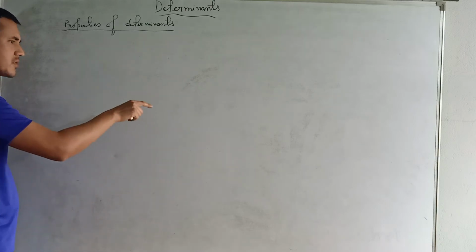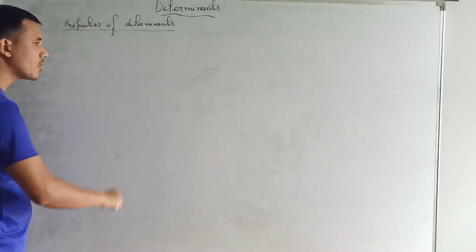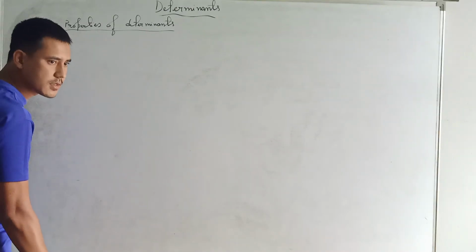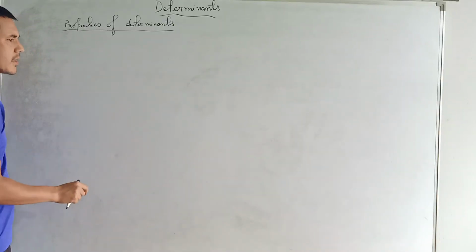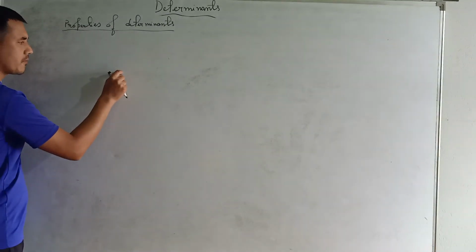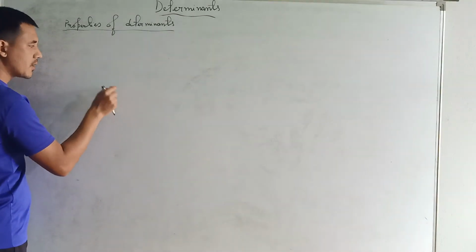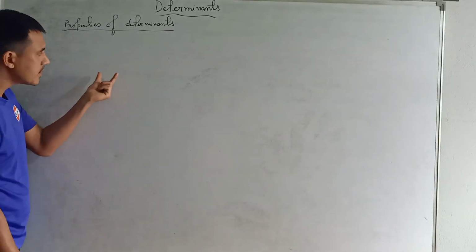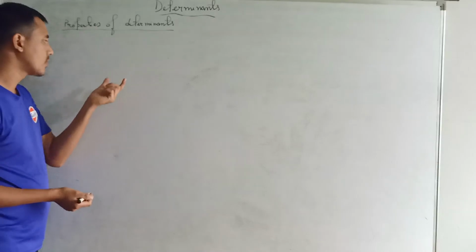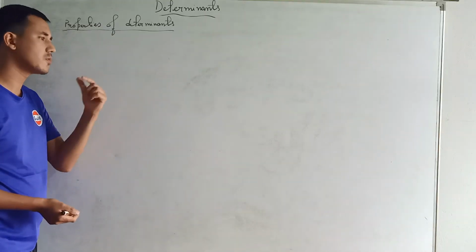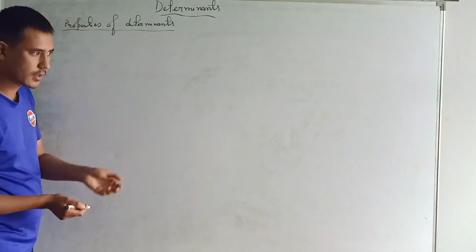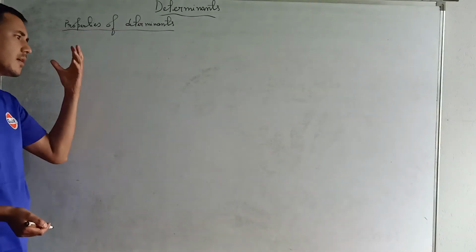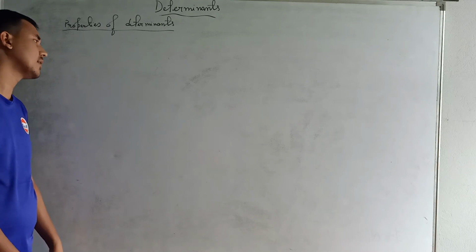If any two rows and/or any two columns are identical, then the value of the determinant becomes 0. Two rows are identical means all the corresponding elements of those two rows should be equal. Two identical columns means all the corresponding elements of those two columns must be equal. Okay? So if any two rows or any two columns of a determinant are identical, in that case